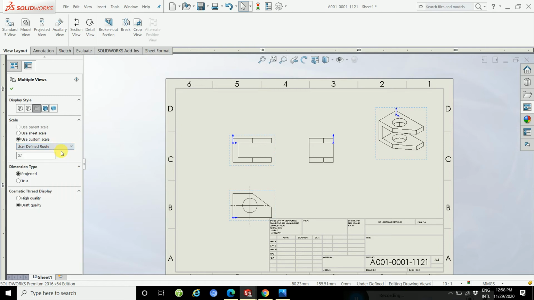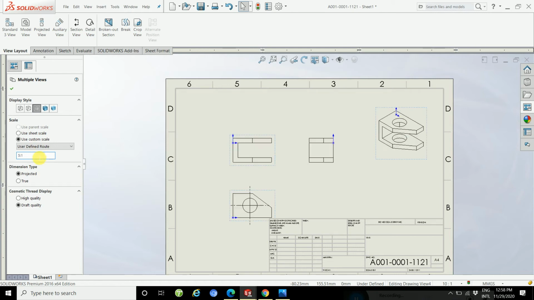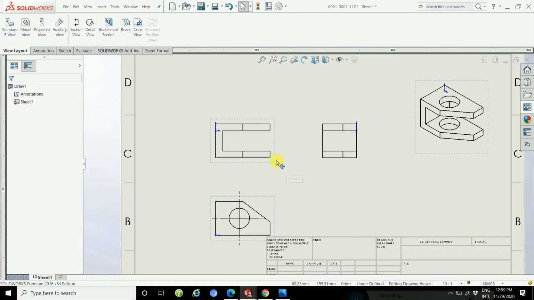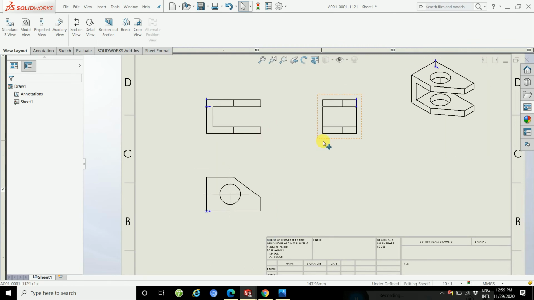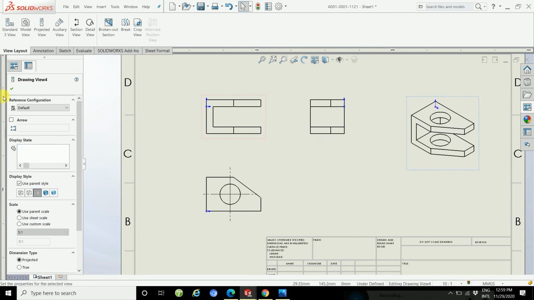So take patience. 3, 6. It's fine. Then adjust, and then apply the drafting.